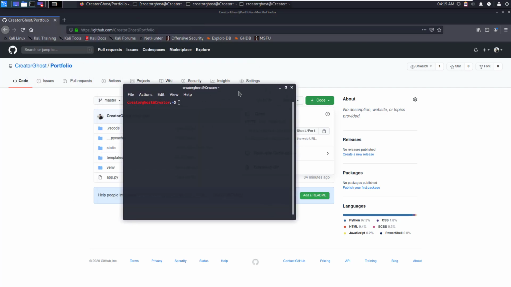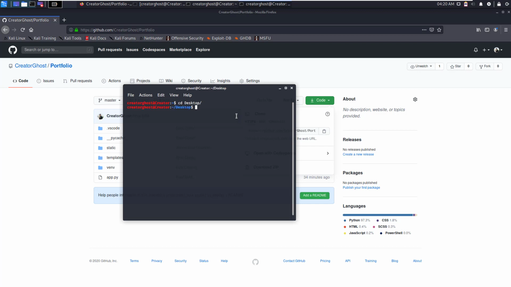And once the link is copied, then you can basically open up your terminal or CMD. If you are doing this on Windows, you can basically download it as a zip file, or you can also do this same command in your Windows operating system too. So it is applicable for both Windows and Linux users. So I'll just change my directory to my desktop so that we can see there. And then I will just clone it.